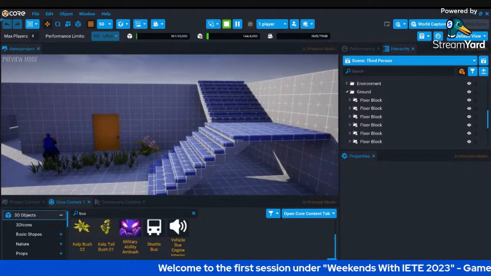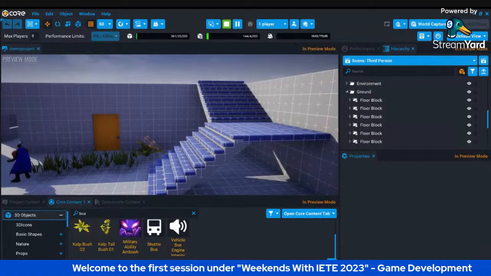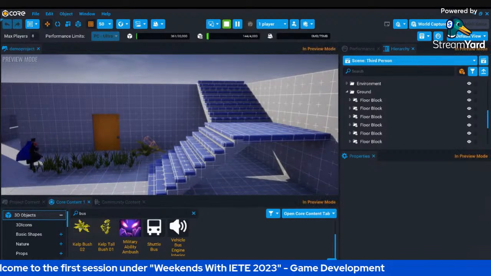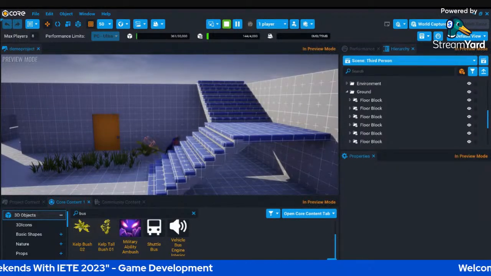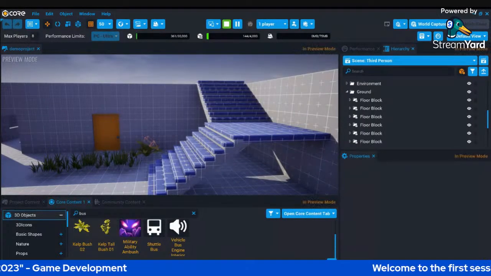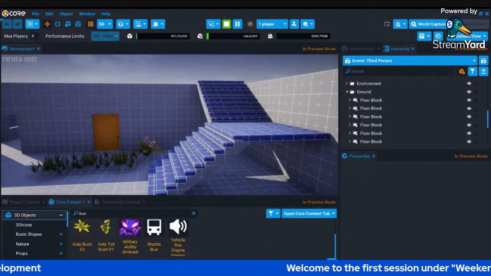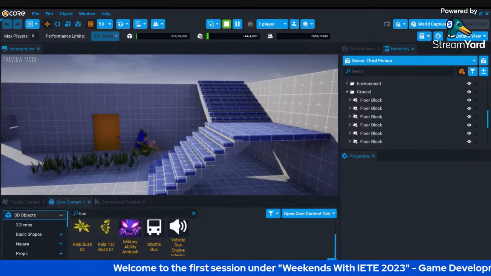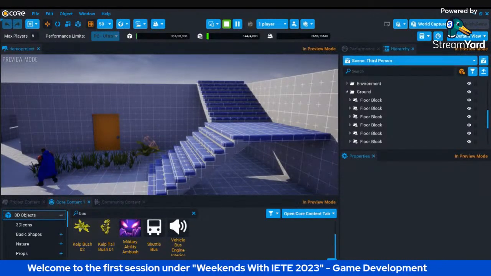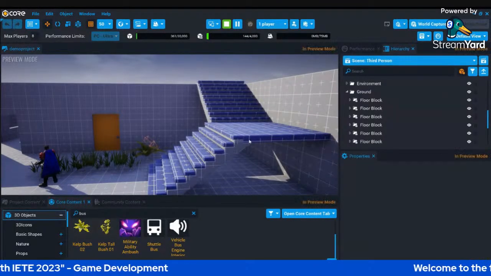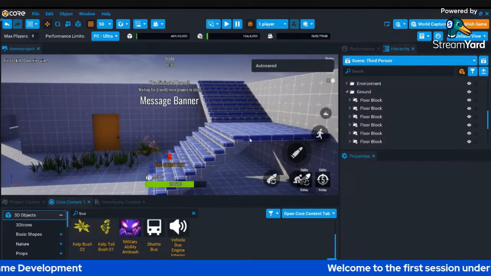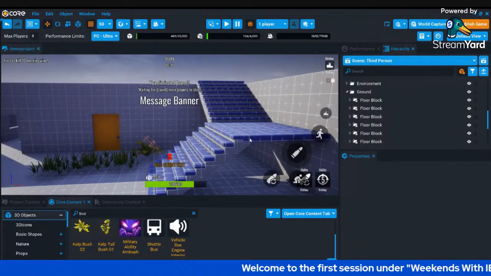Now can you see my character can easily pass through these grasses? The reason is I've turned off the collision property, whereas when I'm colliding with these walls, my character is unable to pass through it, but it can pass through these bushes and the grasses. So this was all about the collision property. Just by turning it on and off, you can make your game look more realistic.